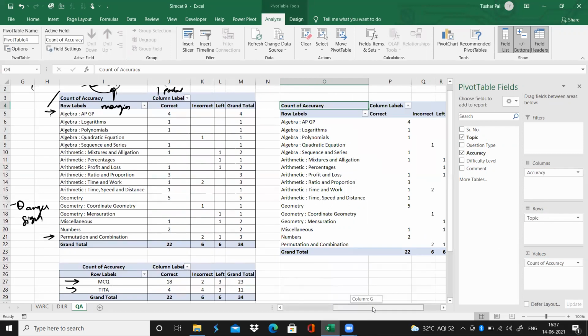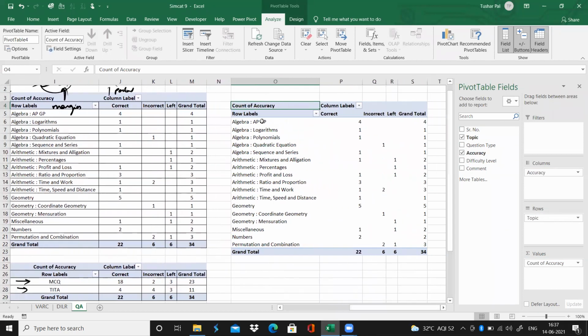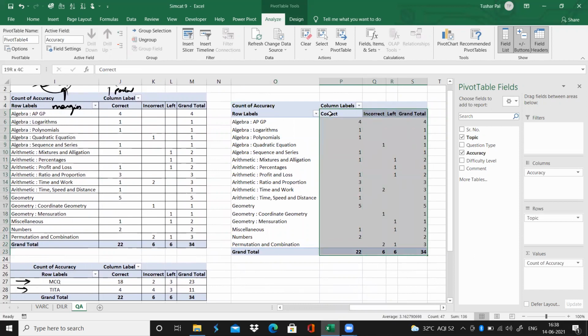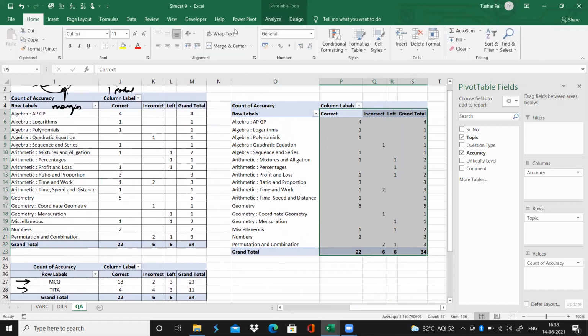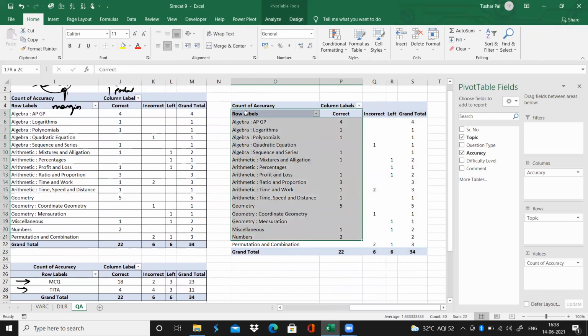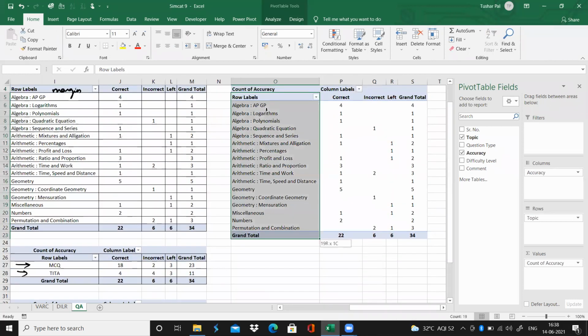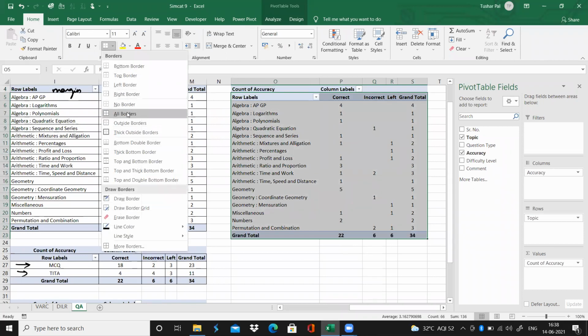You just have to make some aesthetic work, like I'll make it in the middle, and then I'll put the borders, all borders.